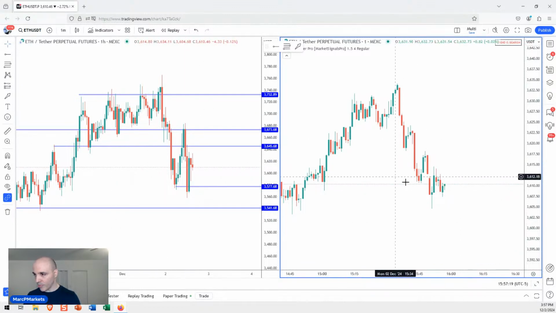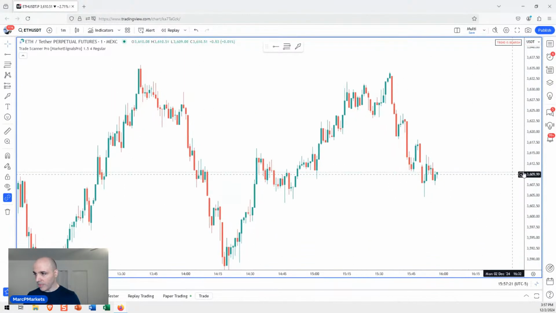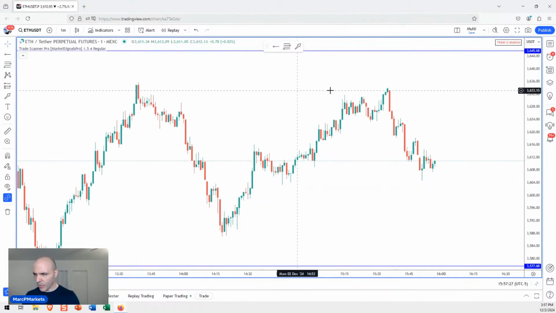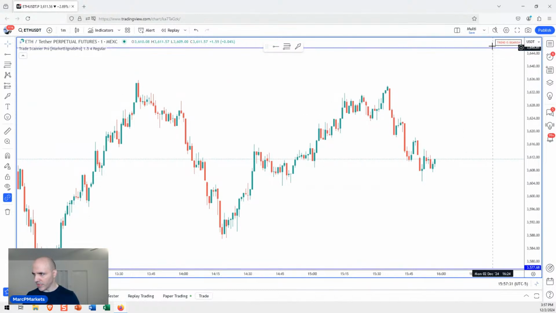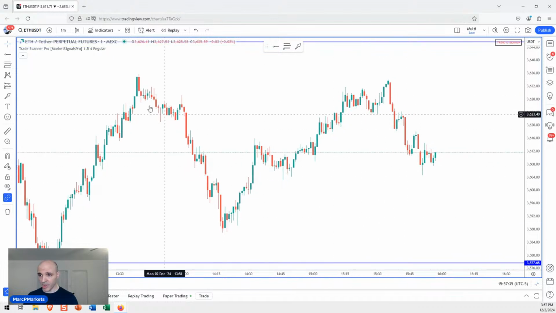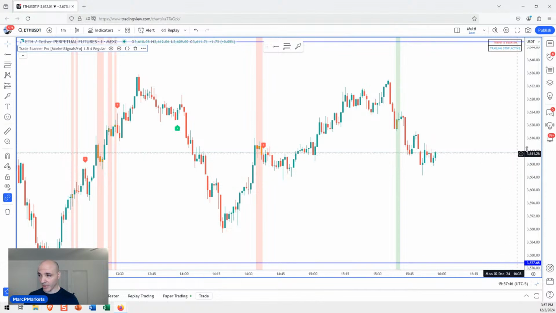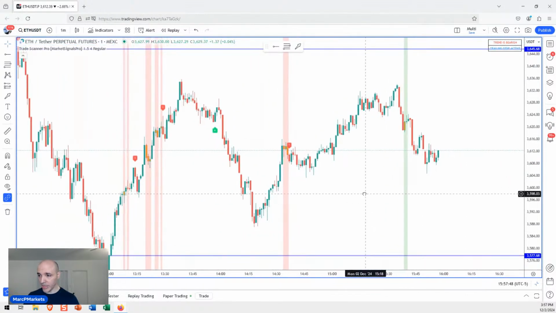So I'm going to just expand my smaller time frame, my 1 minute chart. And on here, let me turn it on, right? It is on, okay? We're in bearish mode right now, right? The trend is bearish, which means this thing is looking for short signals. Now, I have to do something. None of these things are turned on. Make sure you do this, right? Trailing stop, show previous trades, and heads up. Make sure you turn them on. Otherwise, you're not going to see anything on your chart, right?